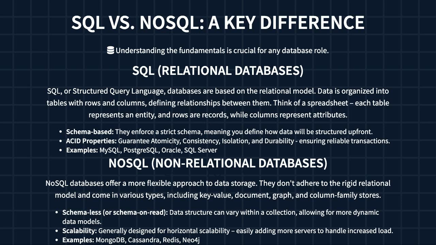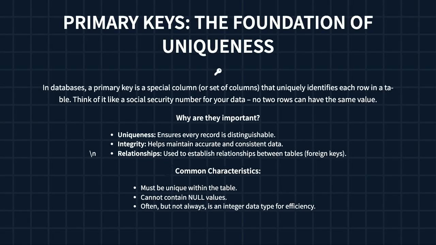across multiple servers. Okay, let's talk about primary keys. They are absolutely crucial in database design. A primary key is essentially a way to uniquely identify each row in your table, like a unique ID card for every record. It guarantees that no two rows are exactly the same and helps maintain data integrity. They are super important for building relationships between tables too. You'll want to make sure it's unique, can't have any empty spots, no null values, and is often an integer